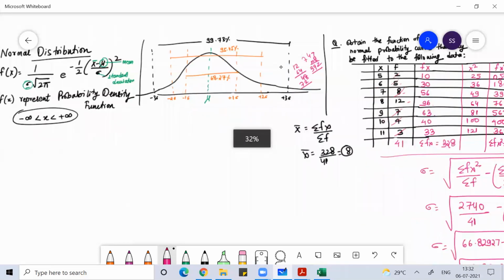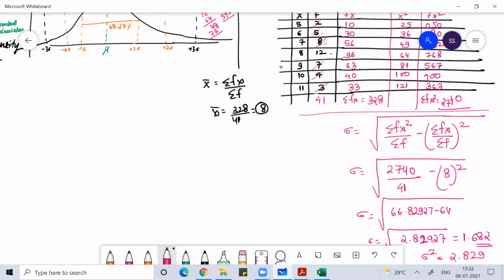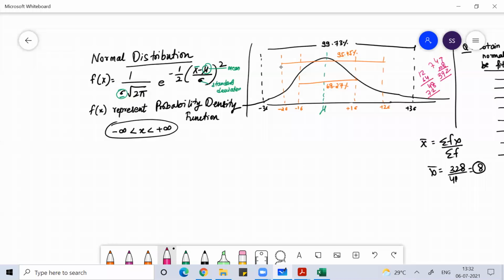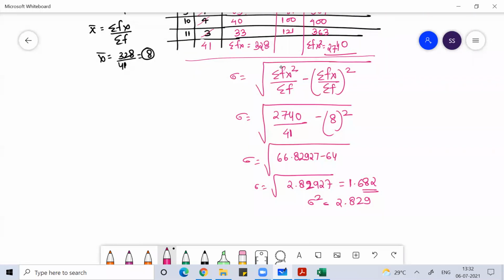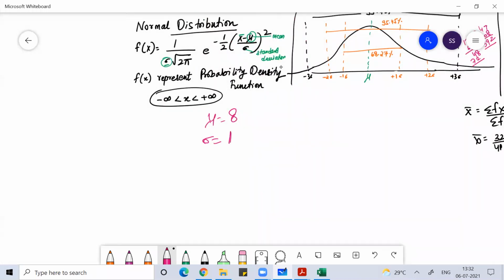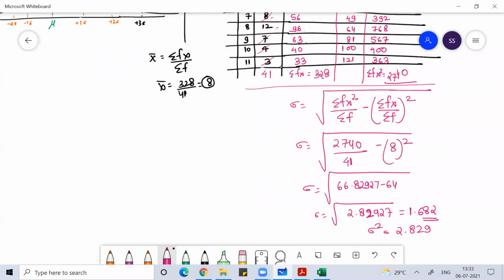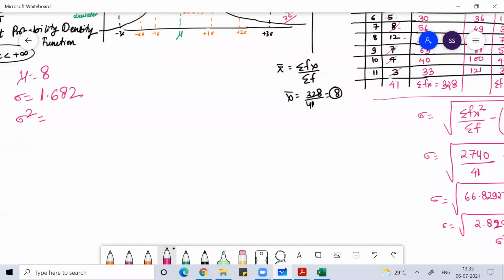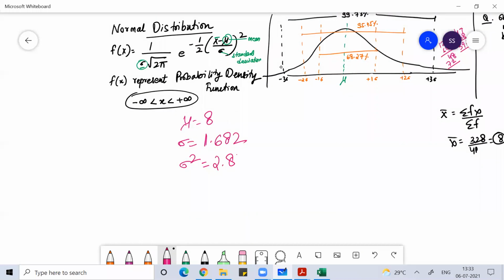Now once you get this, you can say the value. Your mean here is 8, your standard deviation is 1.682, and your variance is 2.829. So you can write your equation, f(x) is equal to 1 by sigma, 1.682